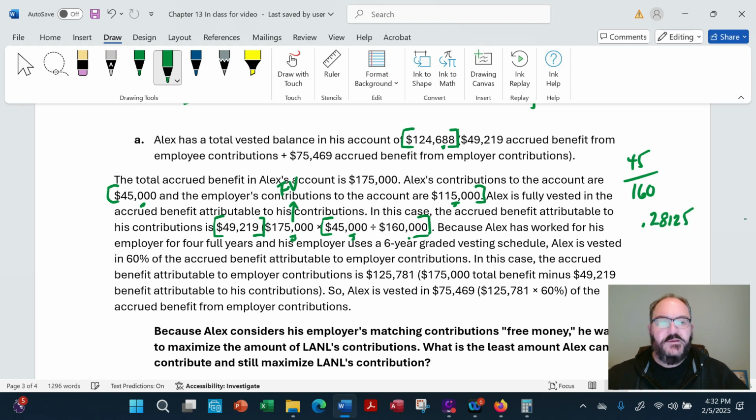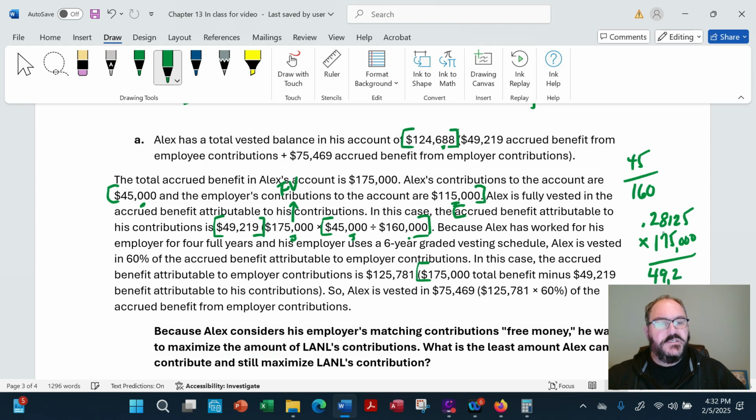Okay. So this is, go back over here, 0.28125 times 175,000. Okay, that's going to be his accrued benefit. That's how much of the benefit is for him. Okay, now what's the rest of it? The rest of it is this. The total amount is 175 minus this